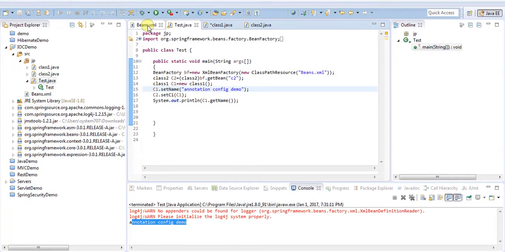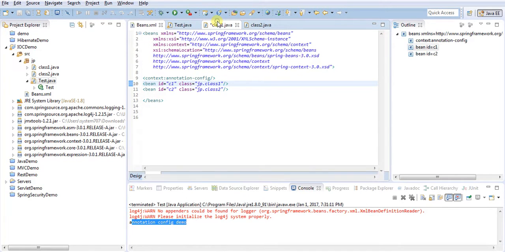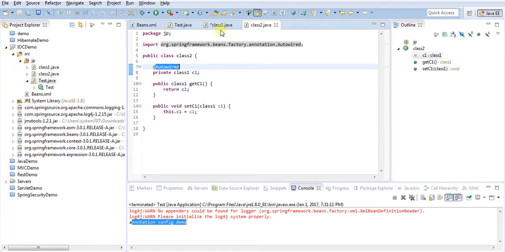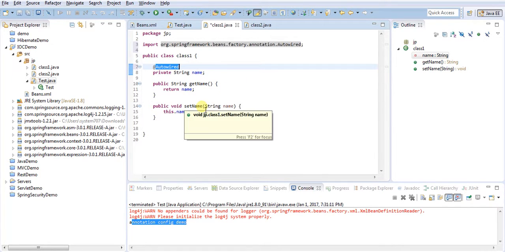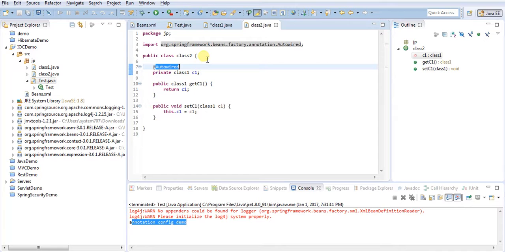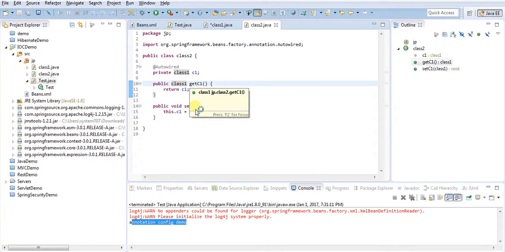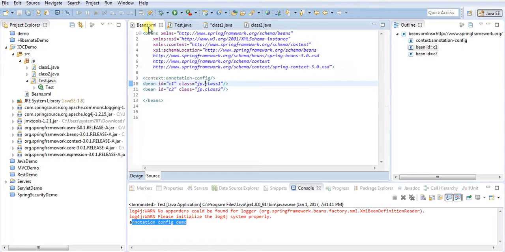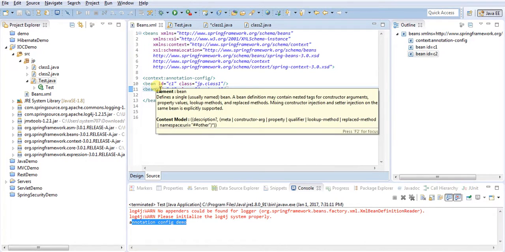Now let me explain what I did. First I created two classes, class 1 and class 2. Inside class 1 I am just writing one string field, for which I'm setting and getting the value with setter and getter methods. Then I wrote class 2, inside which I'm passing the class 1 dependency. So again I'm setting the value for class 1 and class 2. Instead of writing the beans and their dependency using constructor argument or property annotation, so instead